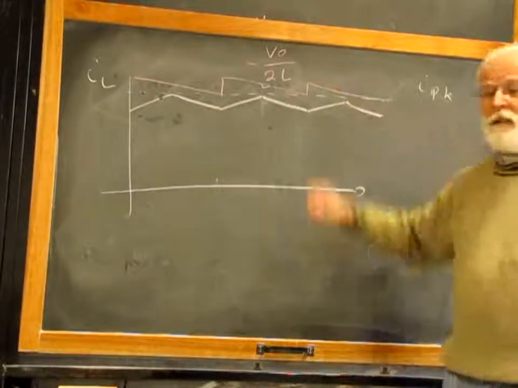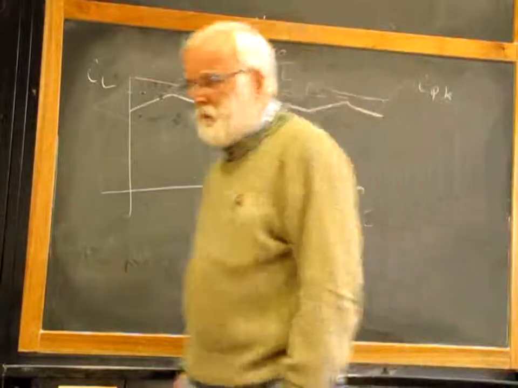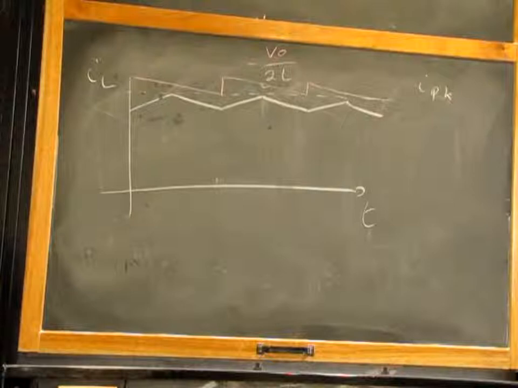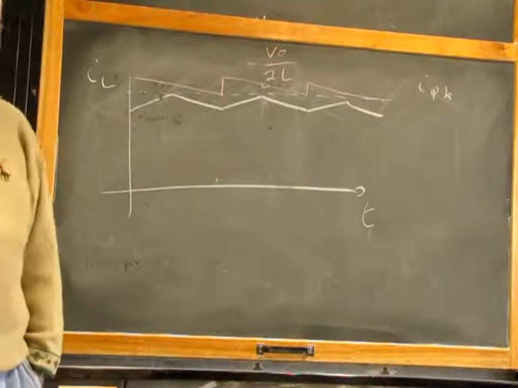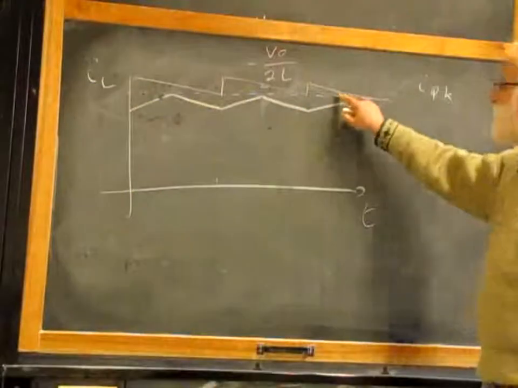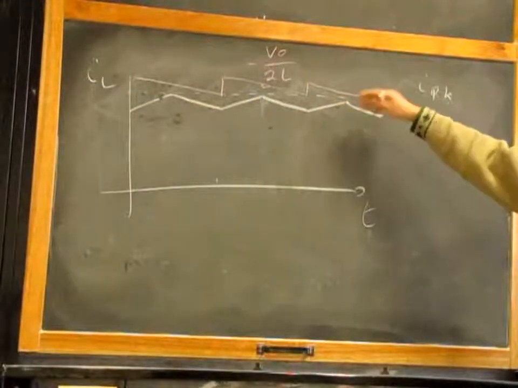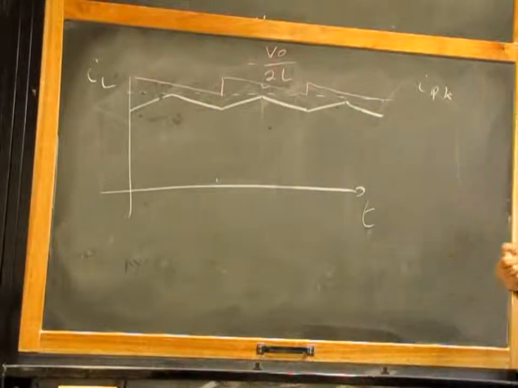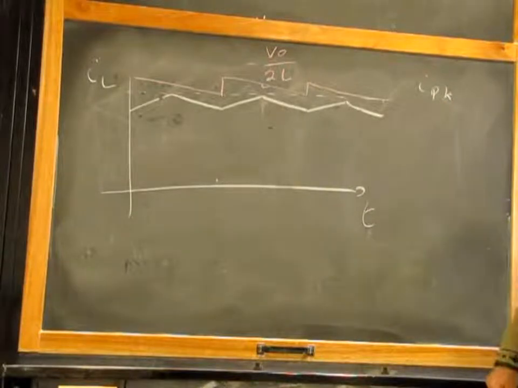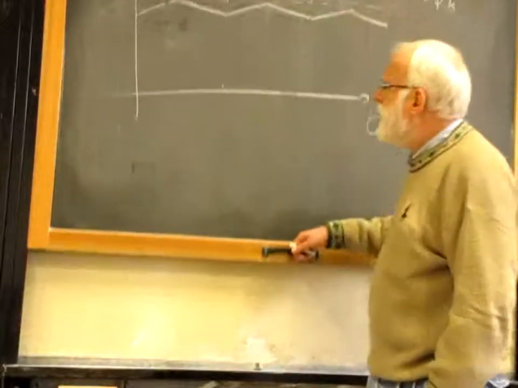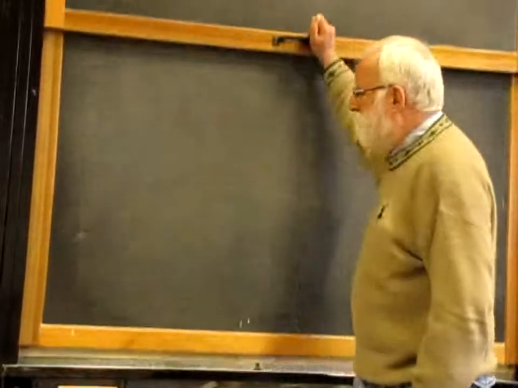Well, this ramp brings to zero the audio susceptibility, makes my system work without any approximation, because you remember I approximated earlier that the peak value is almost equal to the average value. It's not true. This way it's okay, but it's not the best reason to introduce a compensation ramp. The reason for the compensation ramp is the very bad problem of current mode converters, current mode control, that